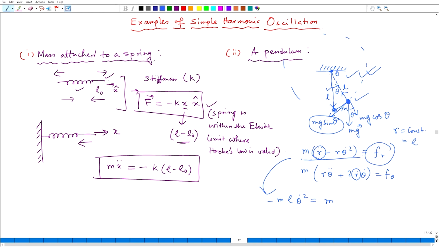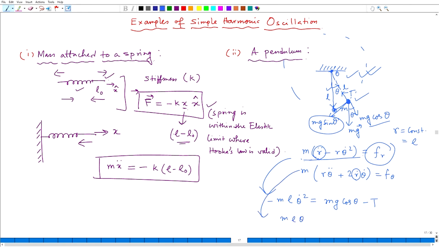The forces acting here are mg cos theta radially outward, and T, the tension of the string, radially inward. So, I can write mg cos theta minus T for this,